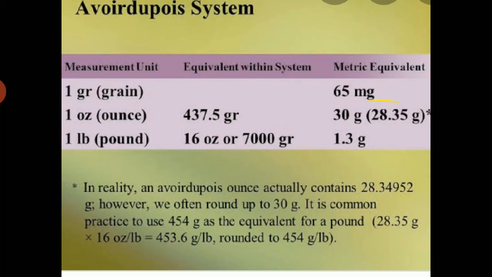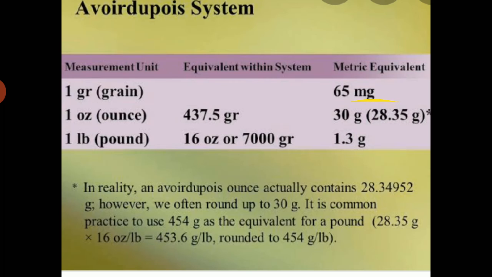Next one is weight in weight or W by W solution. In this, the solute and the solvent are taken by weight. The general formula for 1% weight by weight solution is solute 1 part by weight, solvent to produce 100 parts by weight. Percentage solutions of solids in liquids are not made weight by weight unless specially requested.